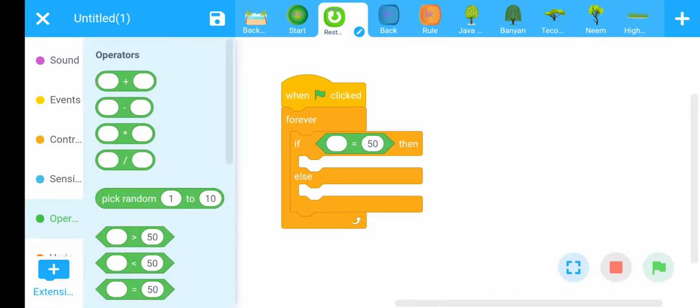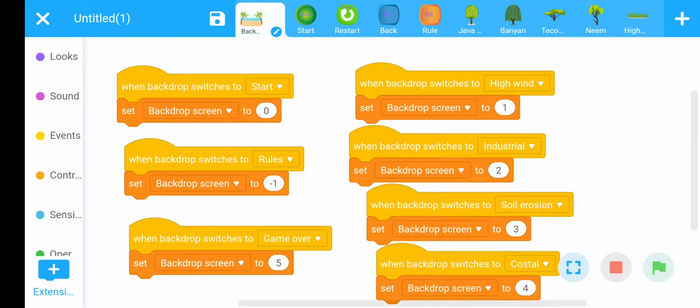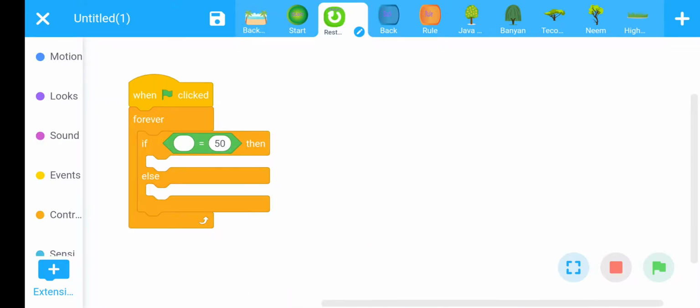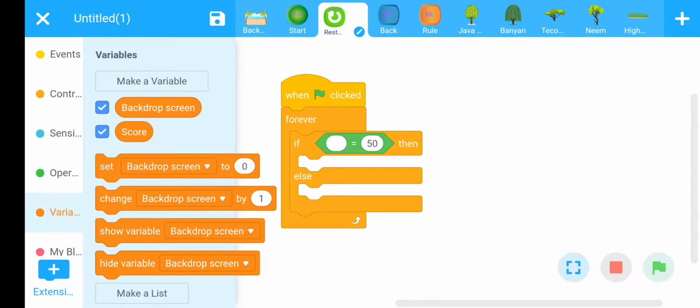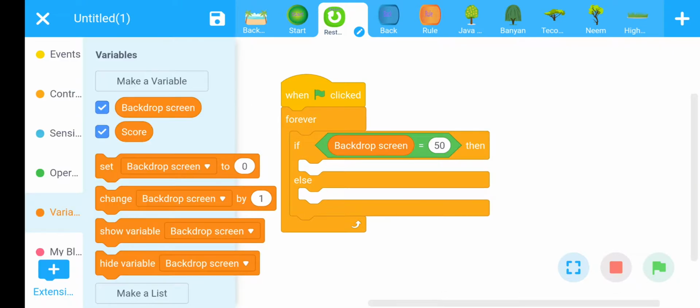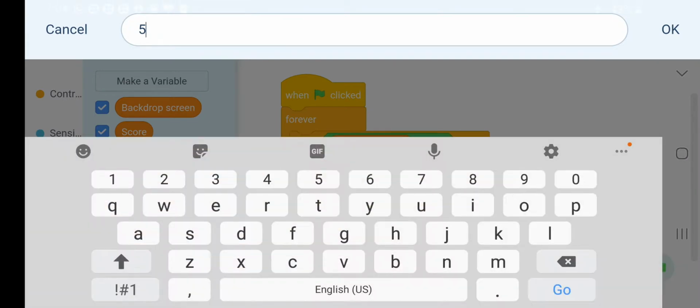Okay, the restart button should be present on the restart screen. For the restart screen, the backdrop value is 5, that is the game over screen, and the value of the game over screen is 5. Go to the restart button, go to the Variables section, choose the variable backdrop, and its value should be 5.